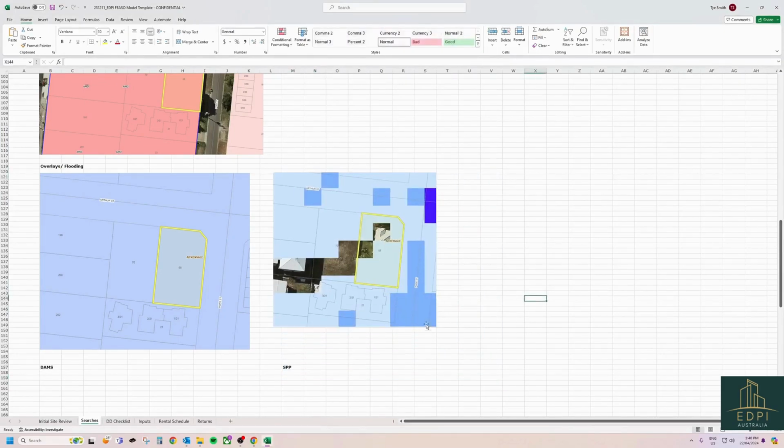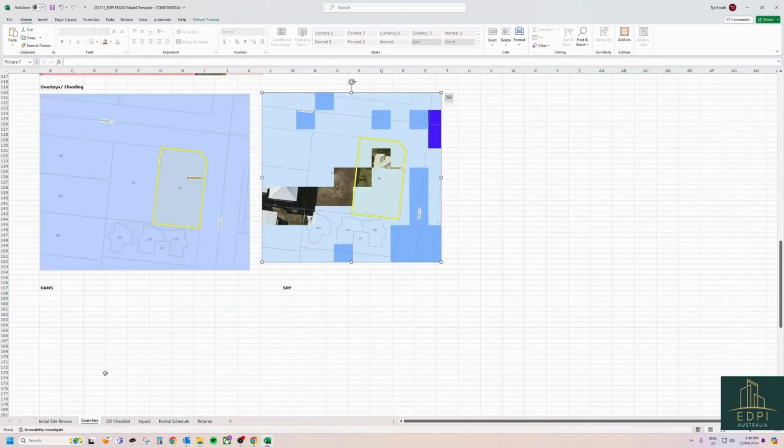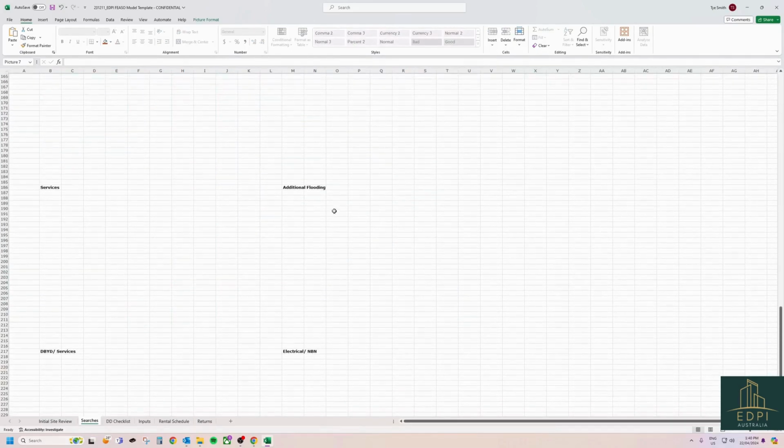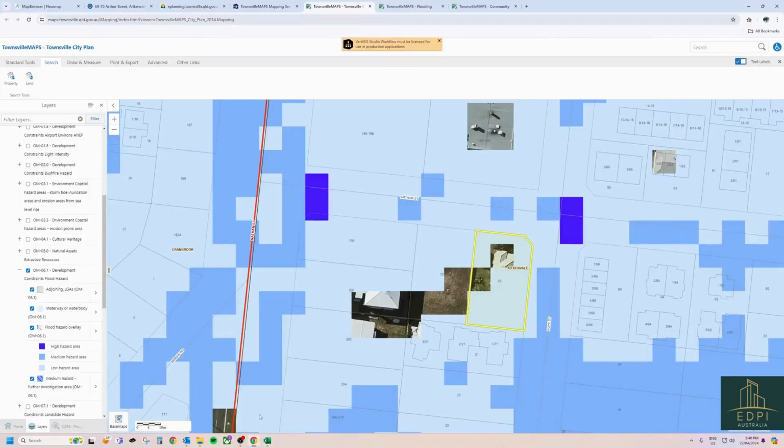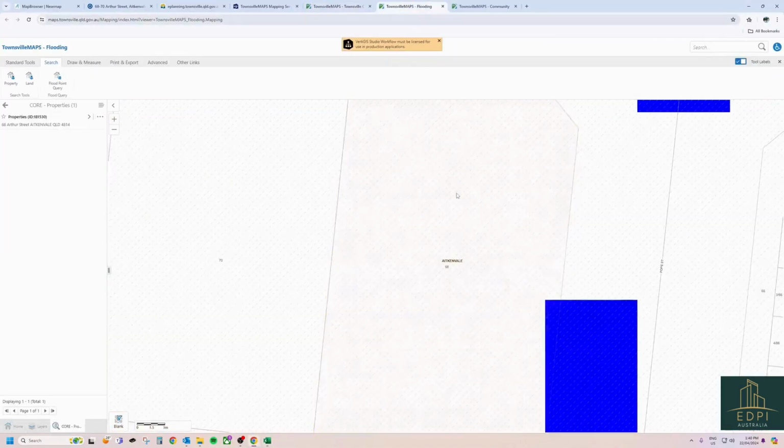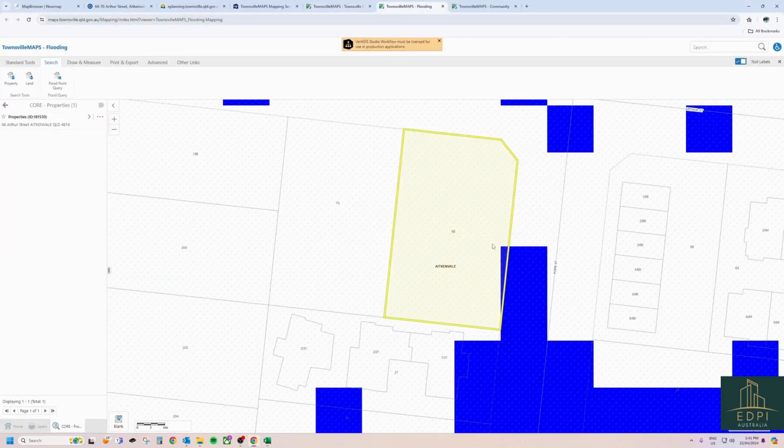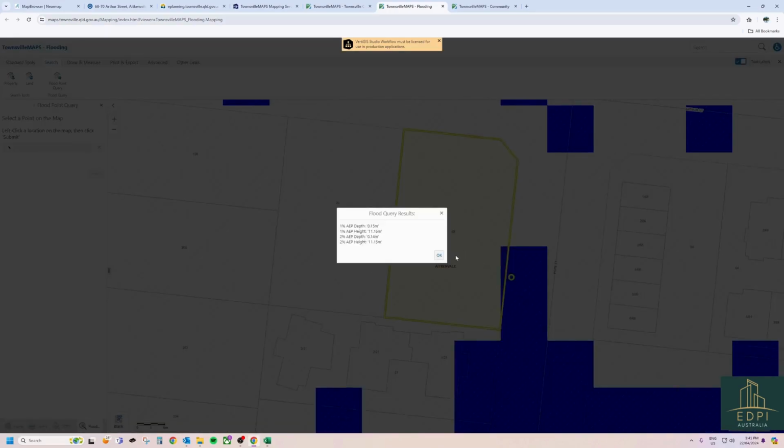All right, while we're also on this, I'll just jump past these next two here and then down to additional flooding. The reason I have additional flooding for this one is Townsville offers a separate flooding service where you can actually look at the flooding impacts on site. You can do a flood point query that drops here, do a submit, and then it pulls up the results here. Basically the 1% AEP depth, so it's 0.15 below the 1% AEP,